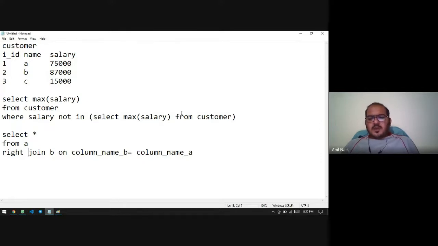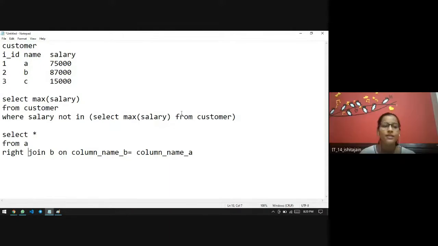What about the select statement and insert statement? Is there any difference in the operation? Yes, sir. The select statement will just give us the output. It will not harm or make any change in the table. But if we do the insert statement, then it will insert a new row in our database.